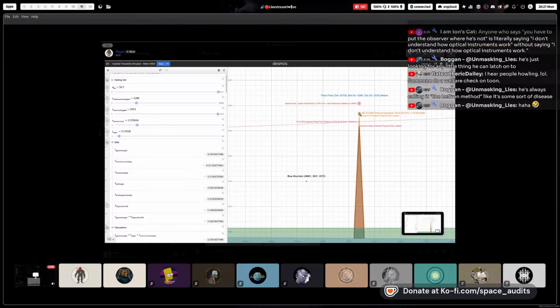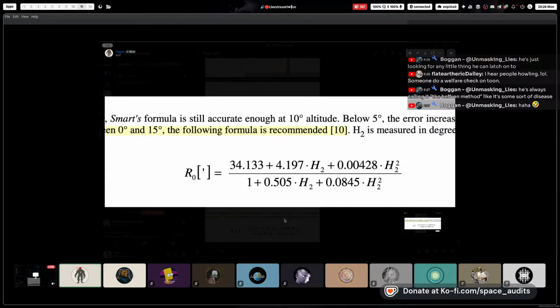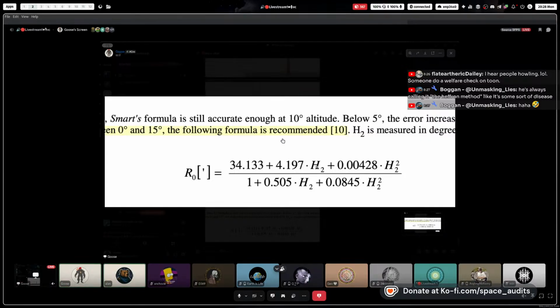This is its true star location here, true star angle based on Stellarium at the mountain peak. Above it, we have the apparent star location. So this is just the true star plus astral refraction. And that's this formula here. They use this when you get below 0 to 15 degrees. You just plug in your